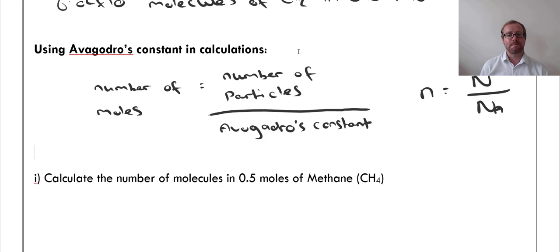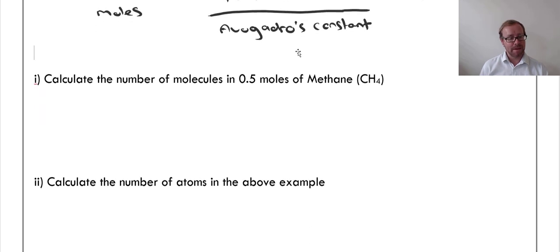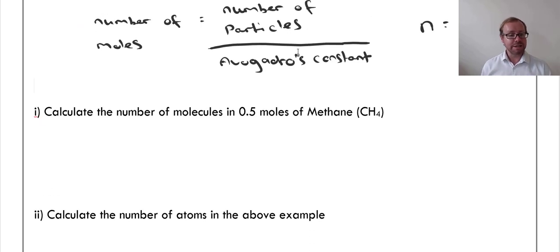Okay, so how do we do? First one, calculate the number of molecules in 0.5 moles of methane. So I always like to write down the formula that I am using to begin with. Now I am trying to calculate my number of molecules, which is equal to N, my big N,